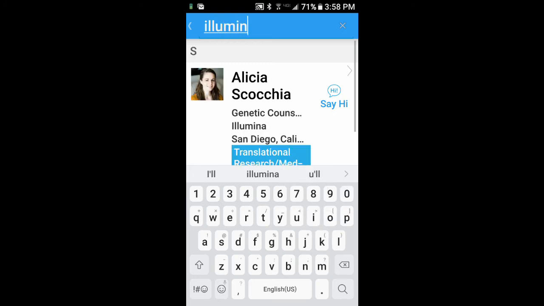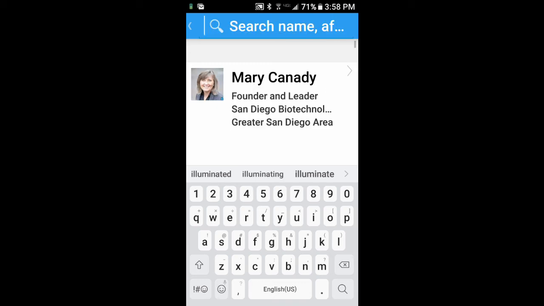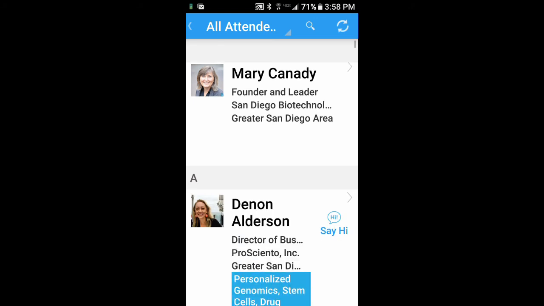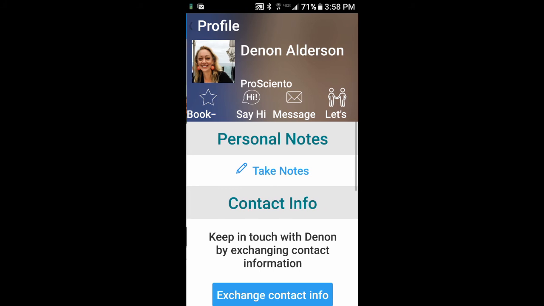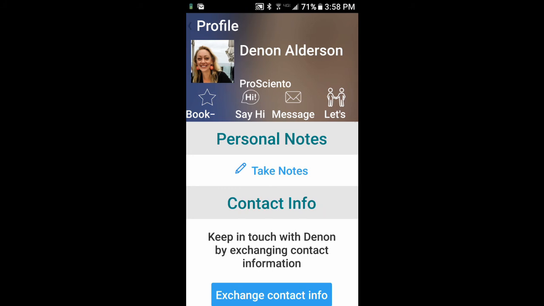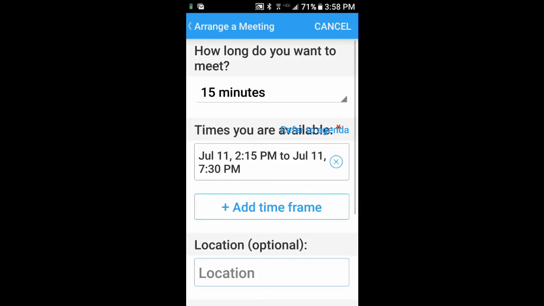If you want to search for a company, I know that there's someone from Illumina. You have to search with all. Search for a company, and again, we took your input on what companies you want to meet with, and we'll be inviting more people, so check back every day.